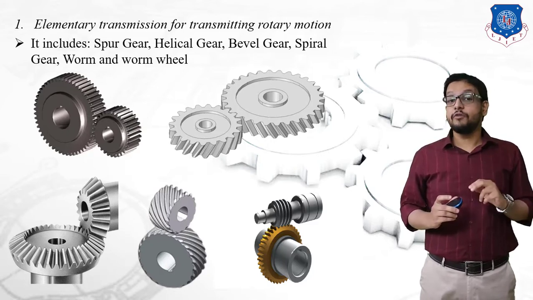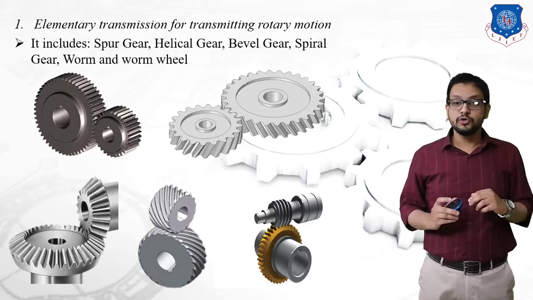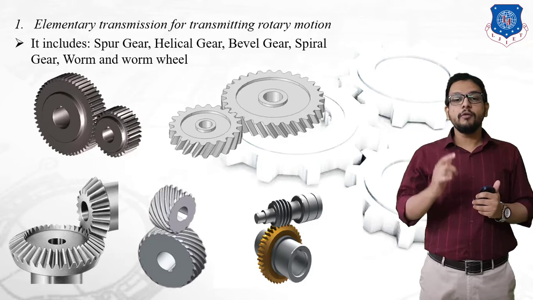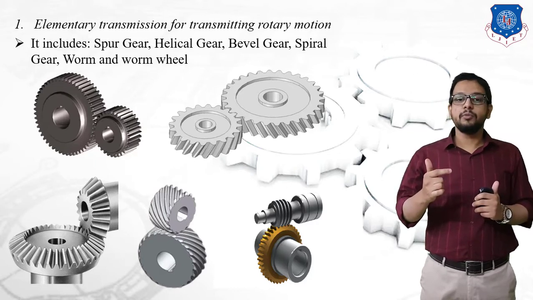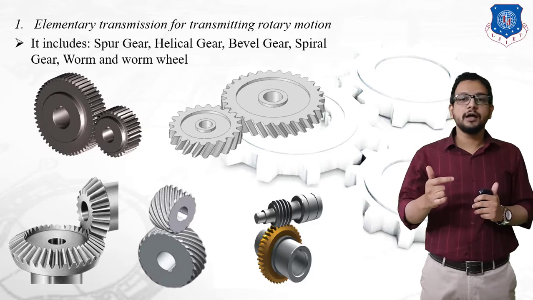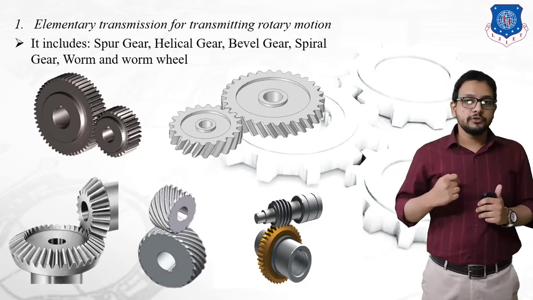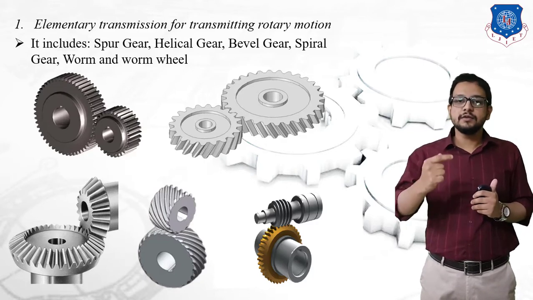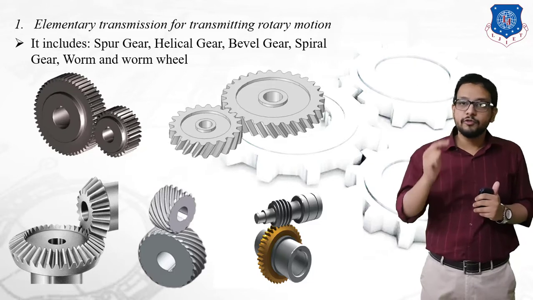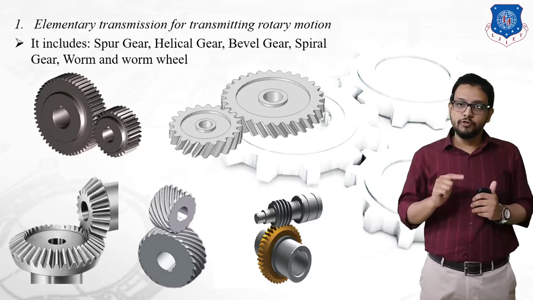And the last type is a worm and worm wheel. You can clearly see that the worm is the upper gear, which is of a smaller size, and both the axes of the gears are perpendicular to each other. Now, why is it called a worm? The reason is that when a worm rotates, it looks as if an earthworm is moving. From that it is named a worm, whereas the corresponding gear in meshing is a worm gear.